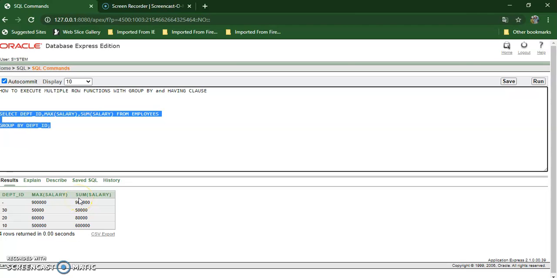Only one employee is there, so sum of salary is also 50,000. But for department 20 we are getting 60,000 as maximum salary and sum of salary is 80,000. And for 10 we are getting the maximum salary value as well as the sum value. So here this department ID column can be written in a select statement only because this column is present in a group by clause. Otherwise, we are not supposed to write any column name in a select list as per